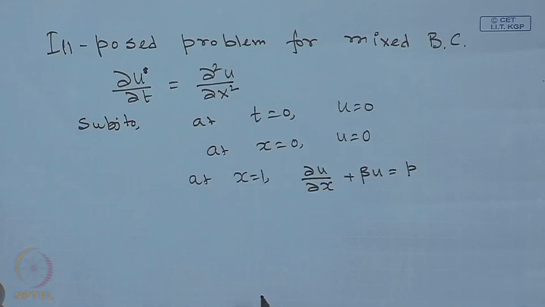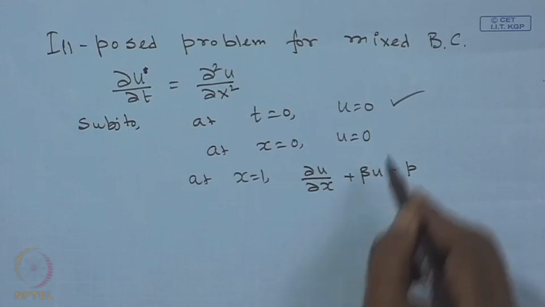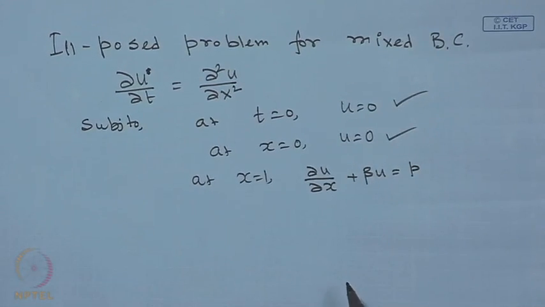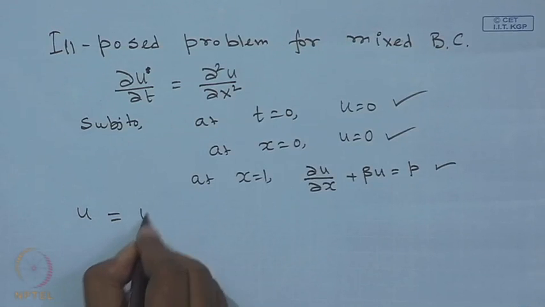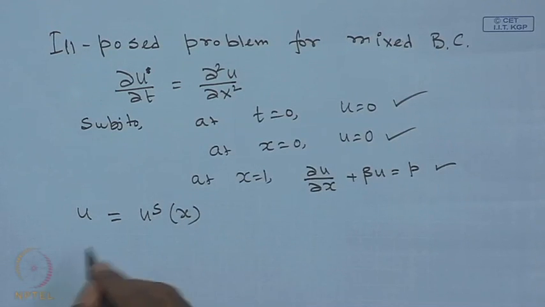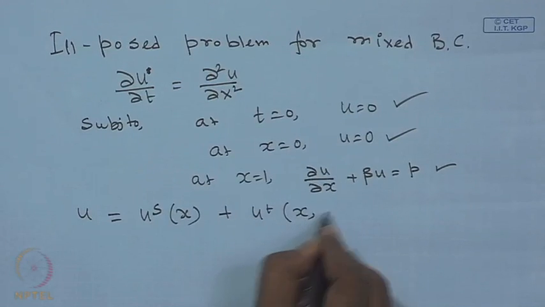So, if you now see this set of equations, the initial condition is homogeneous, one of the boundary conditions is homogeneous, and the other boundary condition is non-homogeneous. Therefore, this problem is an ill-posed problem. As we have discussed earlier, this problem has to be divided into two subparts. One is the time dependent part and the other is the time independent part or the steady state part. If we do that, we will be getting u s, which is the steady state part and it is a function of x alone, and the other part is the time varying part,